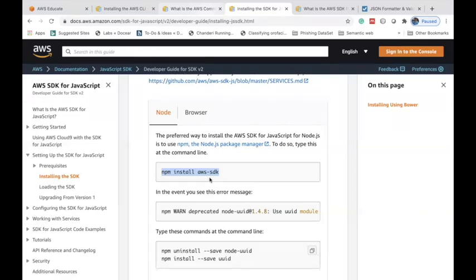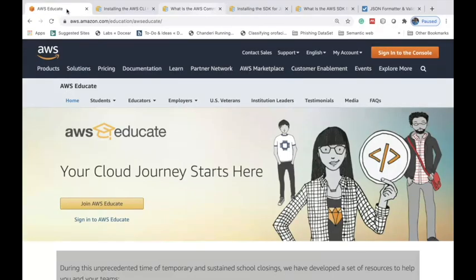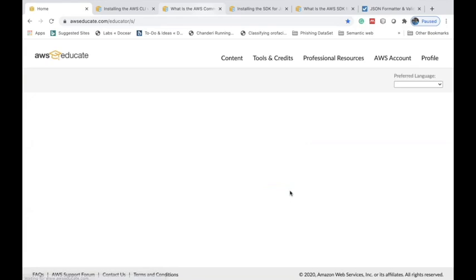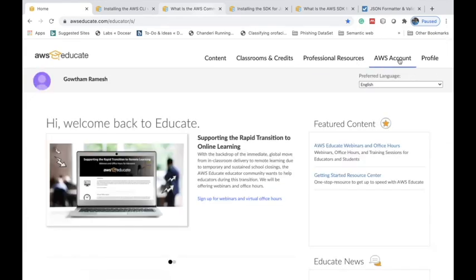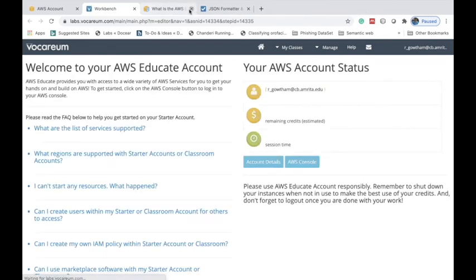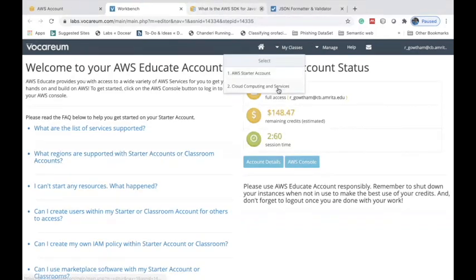Once you have installed both these things, I recommend you log in to your AWS Educate account. Log into your AWS Educate account, the starter account, and select your class.